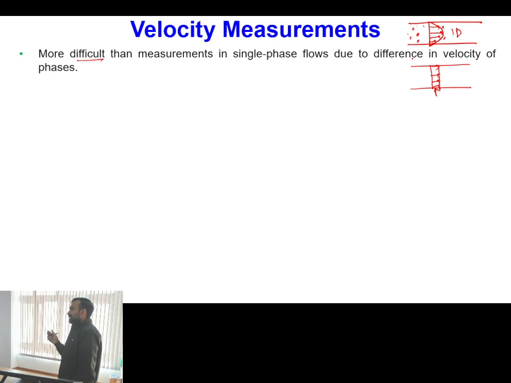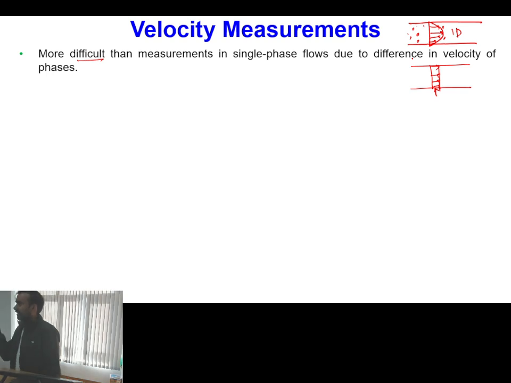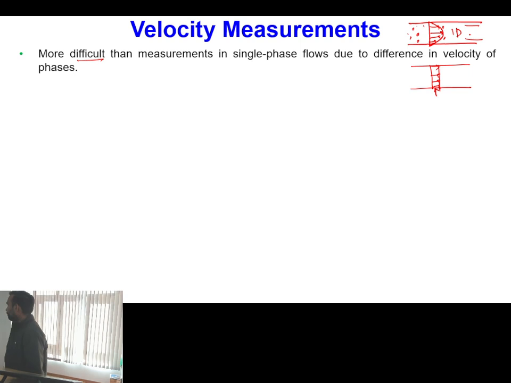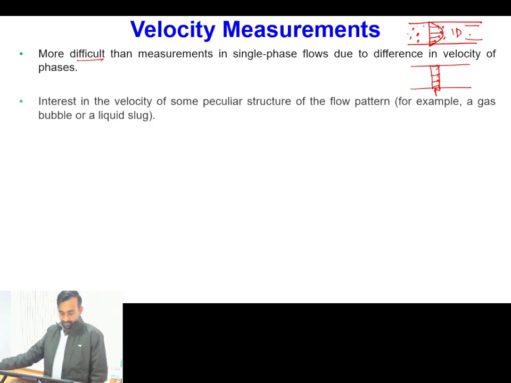So these particles have multiple interfaces. So if you are using optical techniques, then there will be multiple scatterings of the light, whereas in single phase flow, the scattering of the light will be from the same type of medium. So all these things make the measurement of velocity challenging, particularly for multi-phase flow systems. So we have